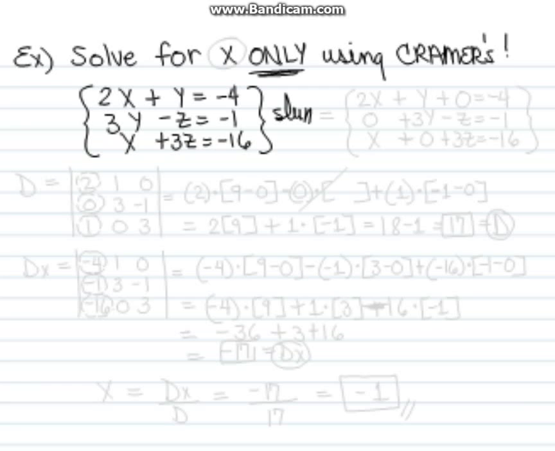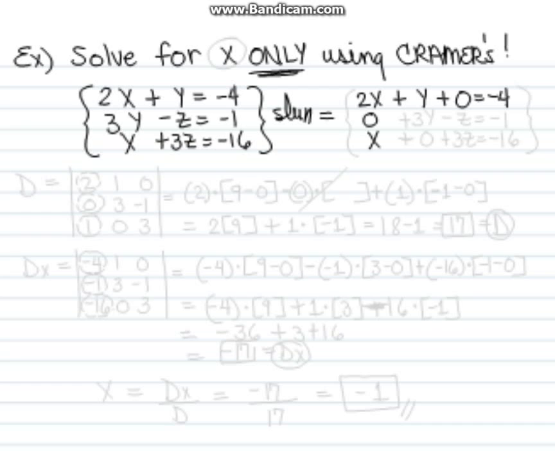Okay, the first thing we need to do is get the x's lined up, the y's lined up, the z's. So this is a 2x for the first column. It's a 0 for the x in the second one, and then it's an x on the bottom one. Then there's the plus y, and then there's going to be a plus 0 equals negative 4 for that first